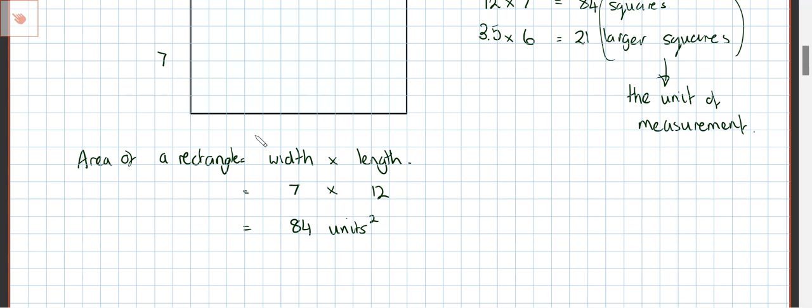We can have all the formulas in the world if we don't know what they mean. It's no good. Anyway, area of a rectangle. Does anyone remember the area of a triangle formula? No? Okay. Well, before we talk about it then,